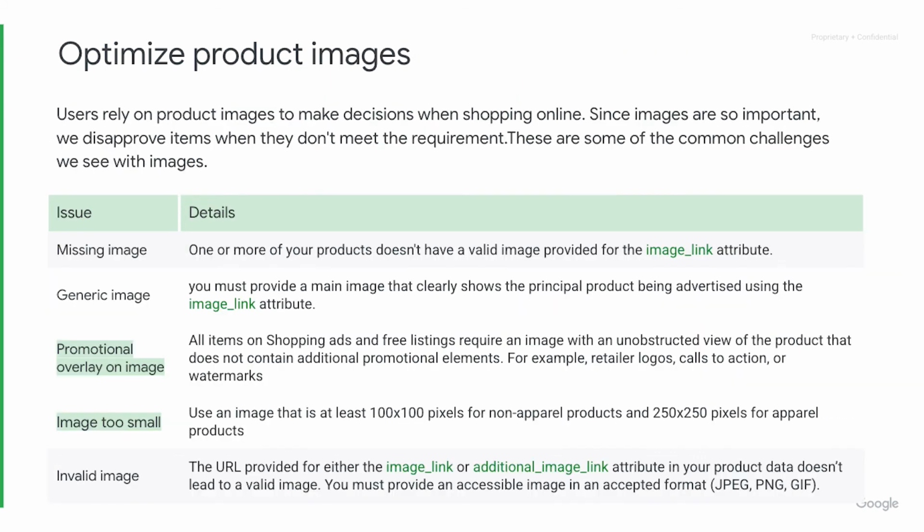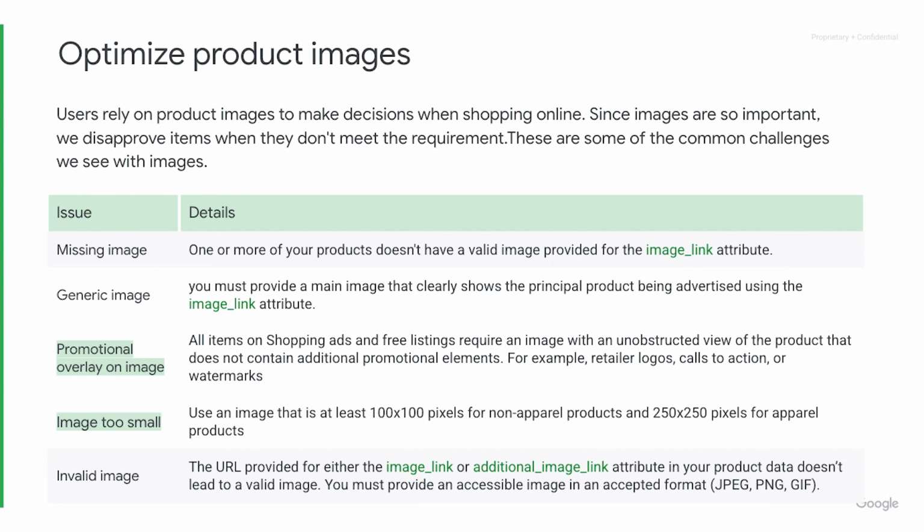Optimizing product images. Users rely on product images to make decisions when shopping online. So these are some of the disapproval challenges that we see with images currently. Some of the more common ones being image overlays, non-white backgrounds, or images being too small.